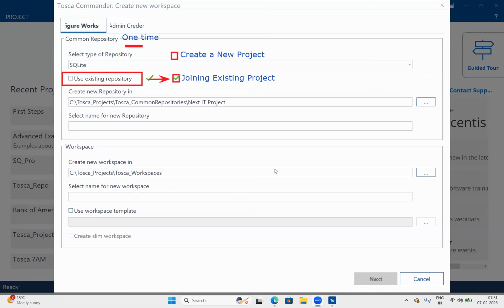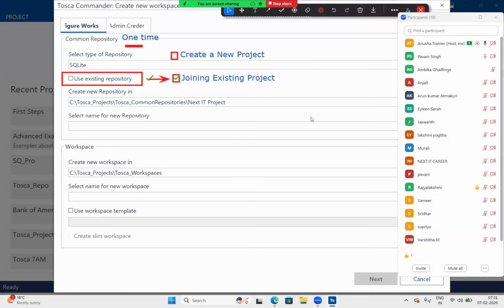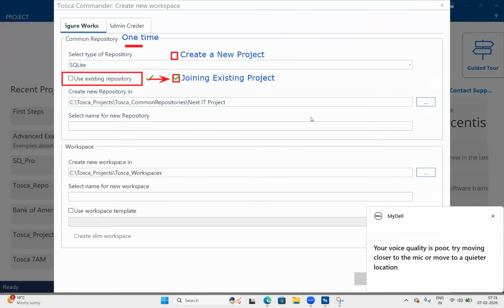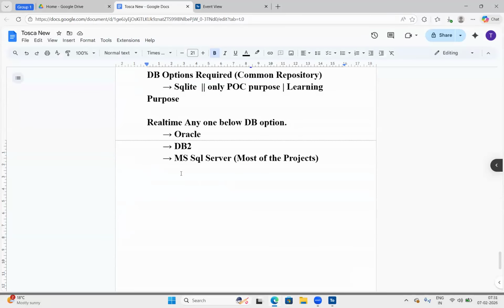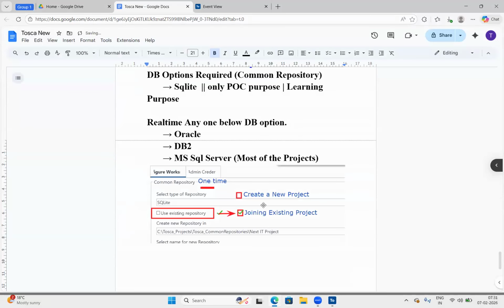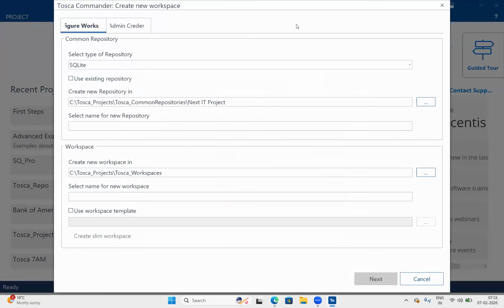This is the first information you must know: what is your existing repository? If you enable that, you are just joining the existing one. If you disable that, you are creating a new project here. So right now I'm creating a new project, and that is the reason I deselected this checkbox.